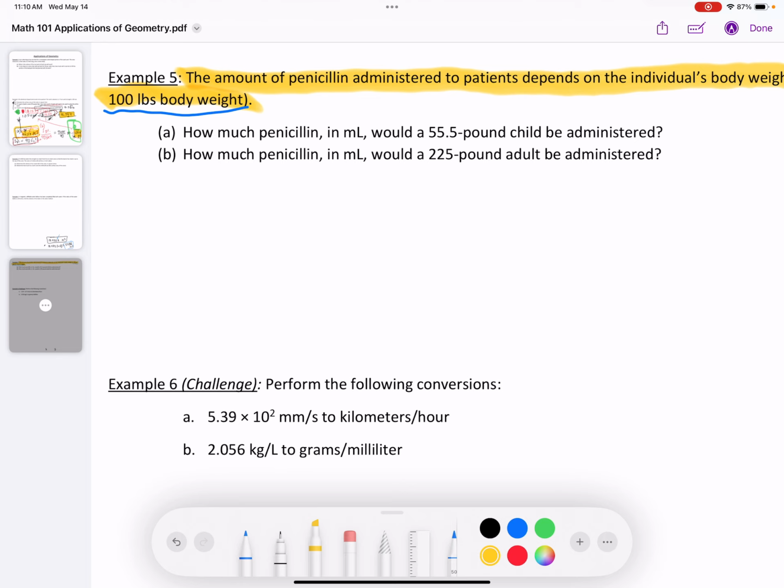This is where this problem, I would say, is probably more of an application of just the previous section we covered, the converting units thing. There's no shape. I could even draw a person laying in a hospital bed, I guess, but I don't think that helps me figure this problem out, so I'm probably not going to. But okay, the next part A says, how much penicillin in milliliters would a